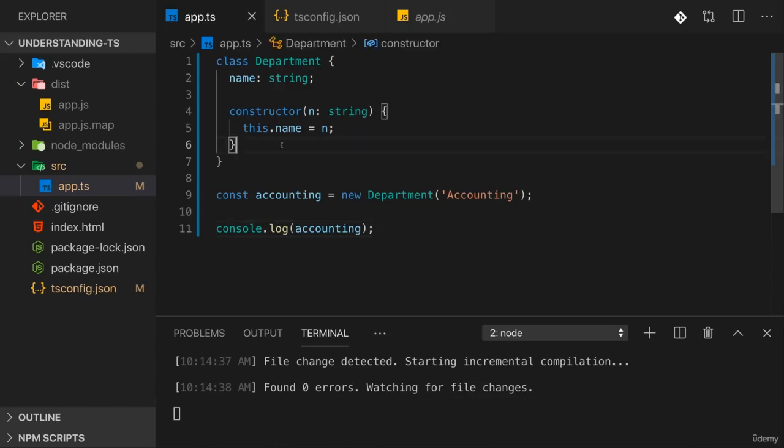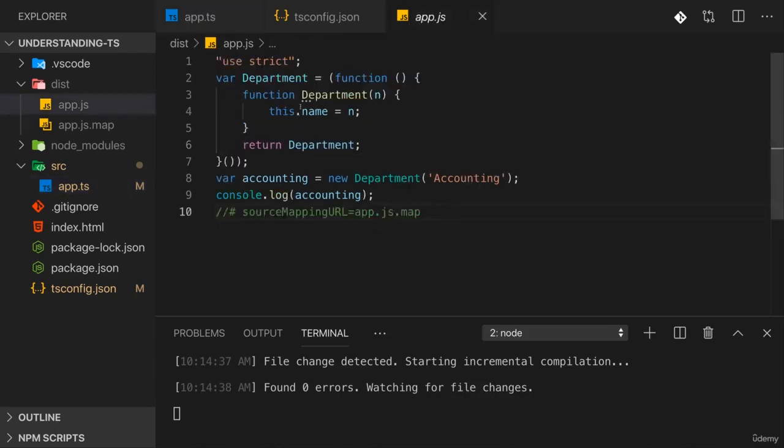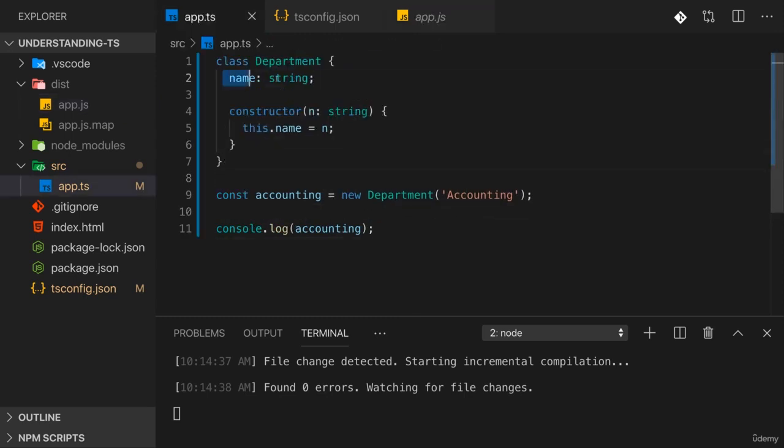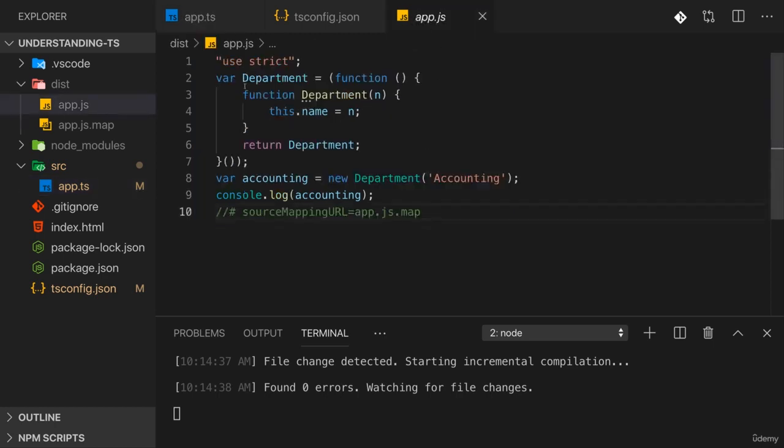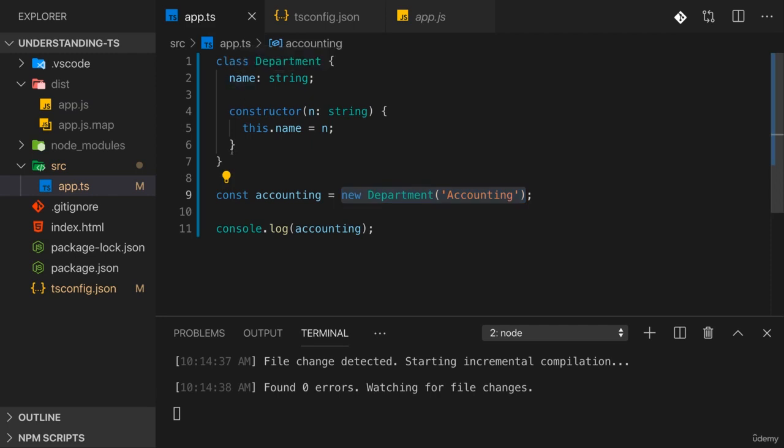Now, classes and also constructor functions, which have been around for longer, do not just have properties which you can use to define the general structure of the object. You can also add methods. We do have the constructor method there, but that's just a utility function which is called when you instantiate the class. Remember, in the past we only had constructor functions. Now we have that syntactic sugar, but we still have the constructor function which we can add to run any